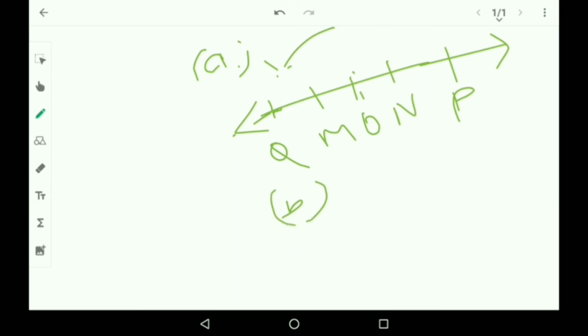So the points are on the line M. So the first subdivision is true. What they have asked is true. Then the second one, they have said